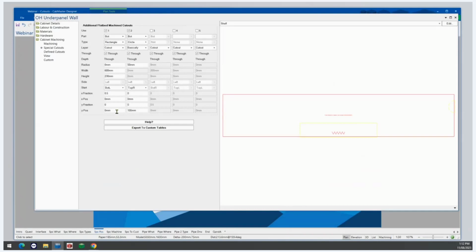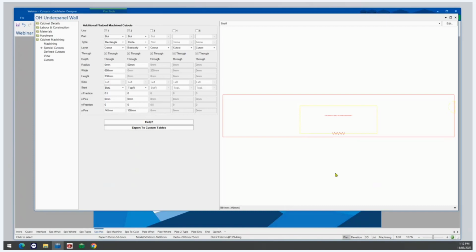So in Y pos, if we type in here 30 plus open bracket, our part height, which is 230 divided by 2, close bracket, press tab, you can see our Y position is